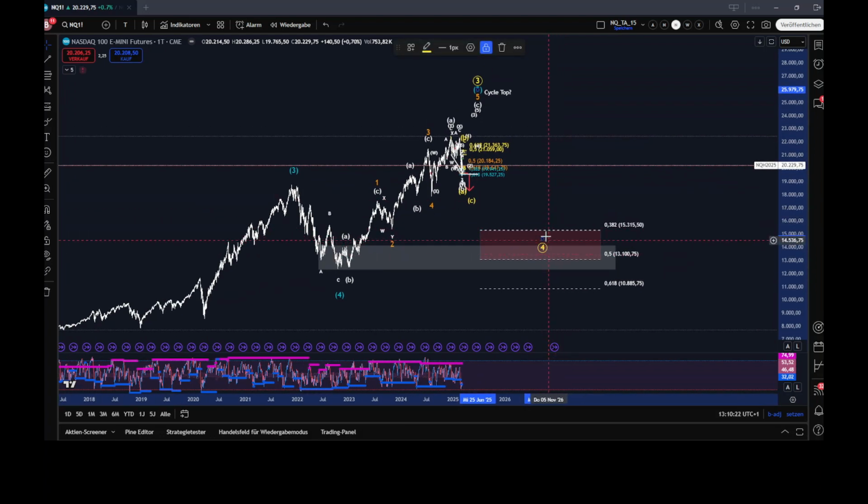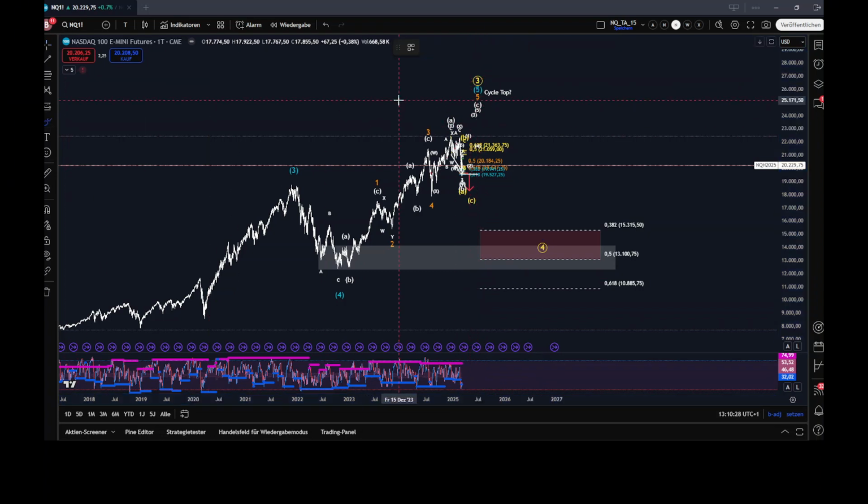Okay, in the yellow, this is the yellow 3 here, which would finish the last leg up, would finish primary wave 3, possibly, and that's why I say it could be already done on the tops. Okay, so that could be finished here. And if this is already the primary wave 4 pullback, it needs to be an ABC structure. And now I go back in,